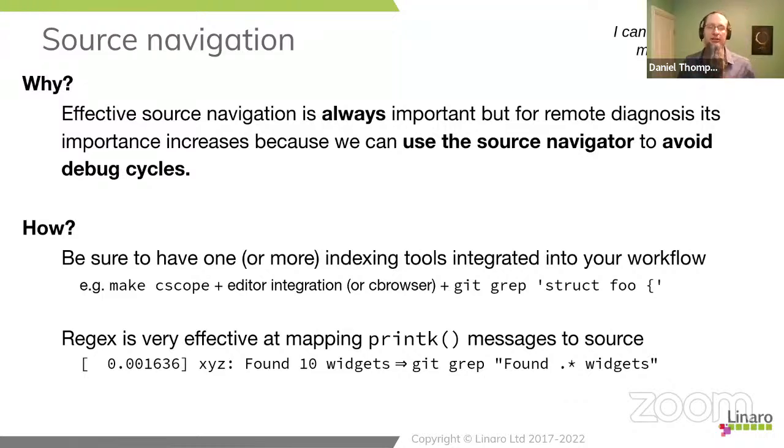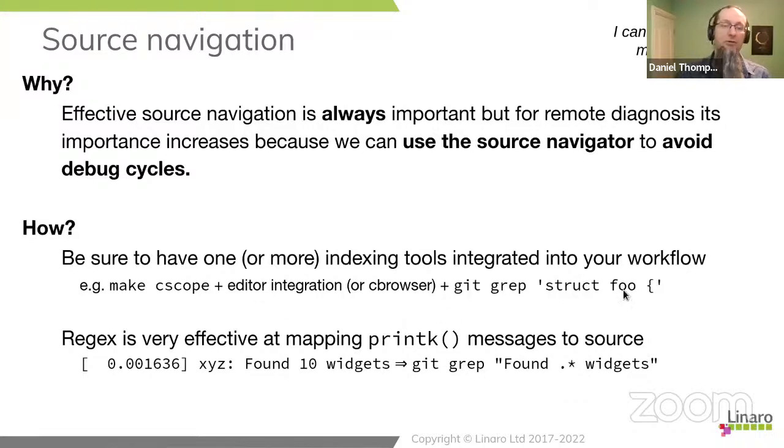So there are other similar targets in the base. There is make ctags and there is make global for GNU Global, which is another source navigator. You don't have to copy me, but that's the sane default if you haven't got a reason to pick something else. So make cscope will index the source code. You then usually got editor integration that can pick up the cscope navigation and study things. If you haven't got editor integration, there is actually a tool called cbrowser, which is enormously old-fashioned. It's still written in Tcl/Tk. It's not as easy to run as it used to be, so editor integration is definitely the preferred approach.